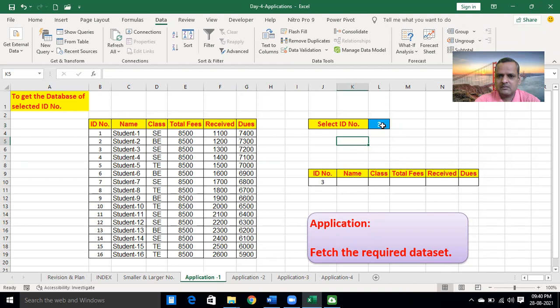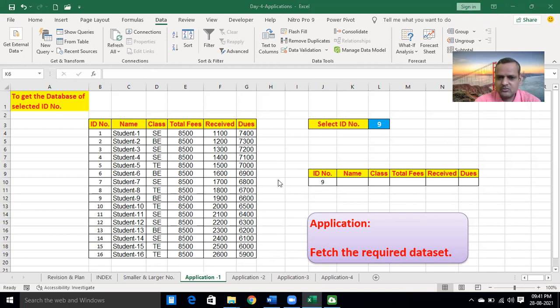Same number, sir. Okay, select 5. What will be the output in ID number here? Yes, 5, sir. You select 9. What will be the number here? Is it the same or different? 9, sir. Same, sir.